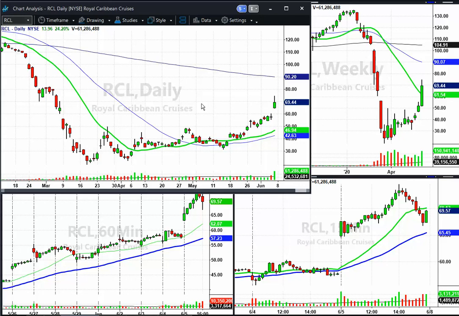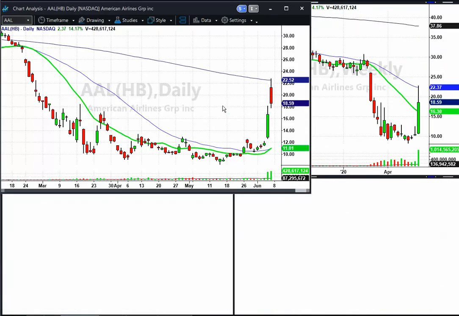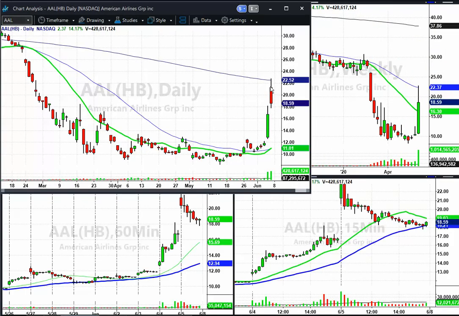And if you were long in this, I would consider taking some profits off this move. It's been a really nice move. And you'll see the airlines too. Let's take a look at American Airlines. Had more of a negative day. It gapped up large, and then it came down. Ultimately, it tailed out. You see it initially moved up strong and then turned right around and then worked its way down here on the 15-minute chart throughout the day.